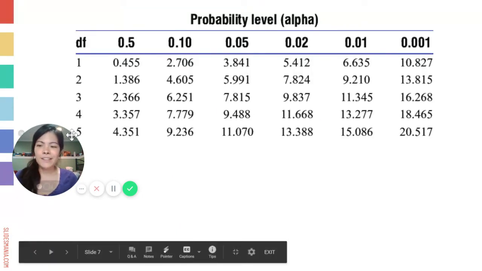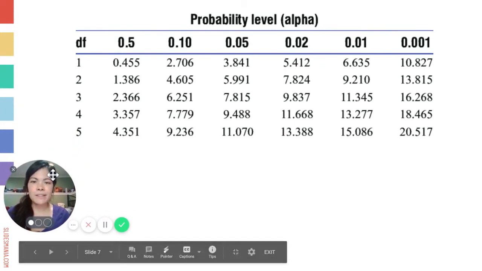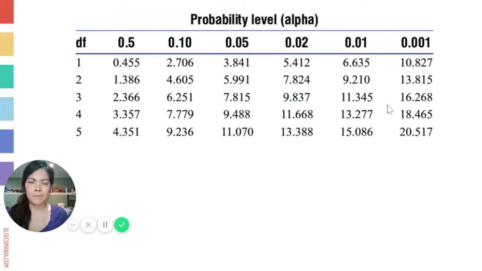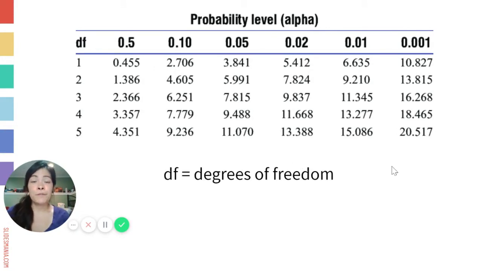Okay, so here's what we're going to use to make sense of that 1.8 number. This is a table that looks a little ugly. It's got a lot of numbers. Maybe you're noticing that there are some decimals on the top here and some numbers on the left-hand column under this DF heading. So we're going to first look at what this DF means. DF stands for degrees of freedom, and I think it'll be easiest to explain with an analogy instead of talking about it straight from the definition.